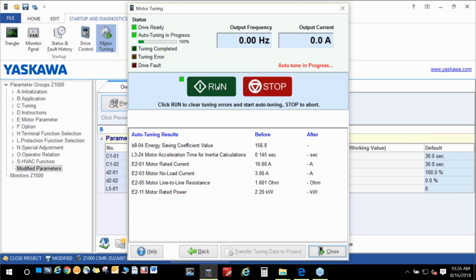So it's starting here. There's a progress bar there. Let's see what we get. And it was successful. Okay, so you can see here it populated these different motor parameters, and by entering the